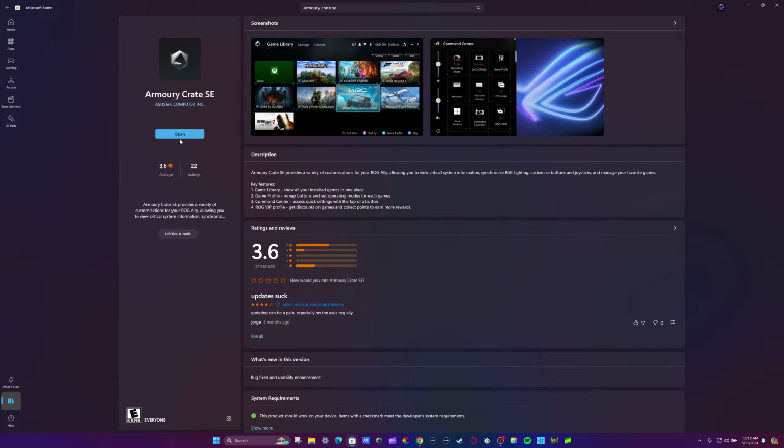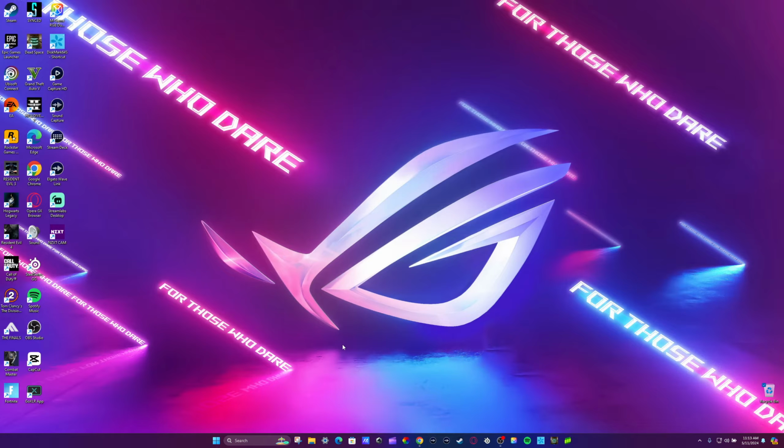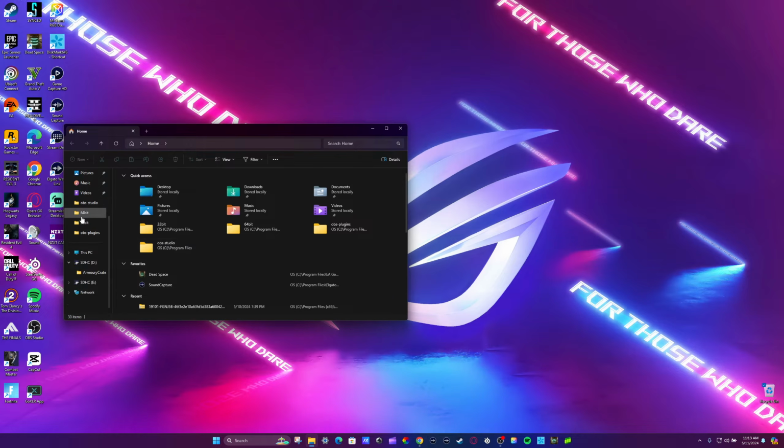Now, I actually went to the ROG Ally Reddit page and read it by myself. I did get a link that basically gives you it. I clicked on it and tried to download it, and it just does not let you download anything. So yeah, that's one of the things on top of it also. So I'm going to show you two locations where some of your files may be saved, so you can actually re-download it. One of them is the app data, which you can try to find inside here. But one of the more likely places you'll be able to find the files is by going right here,